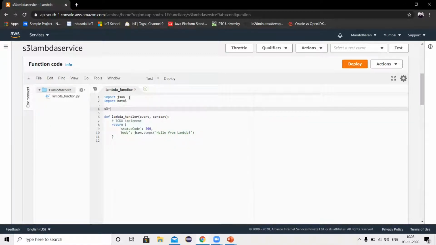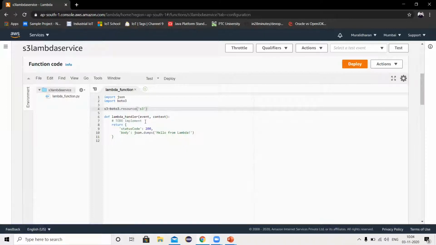To get the S3 access, boto3.resource of s3. This is where I get my S3 bucket connection established.